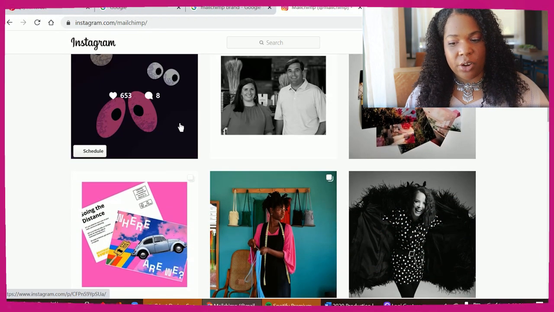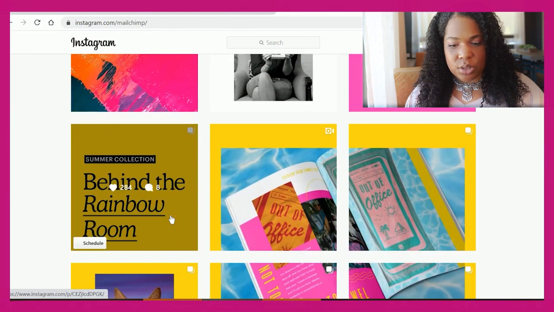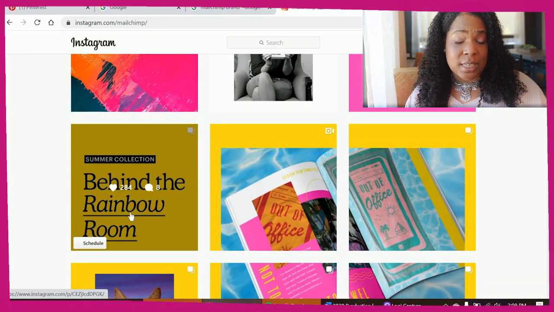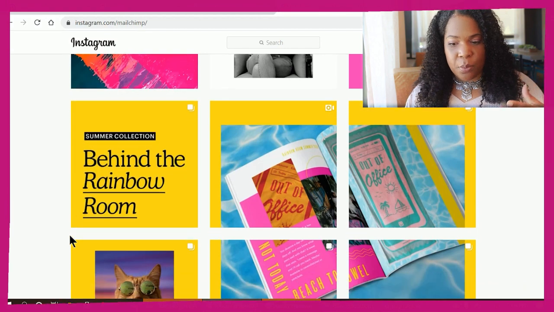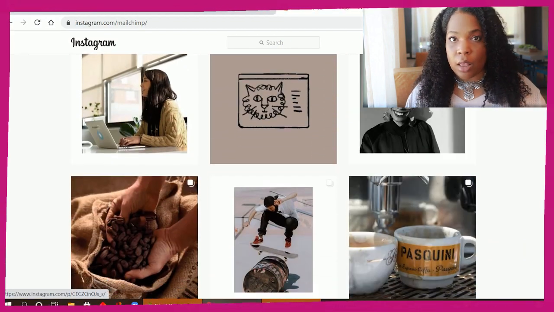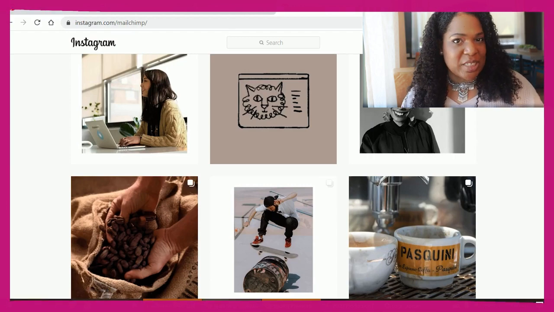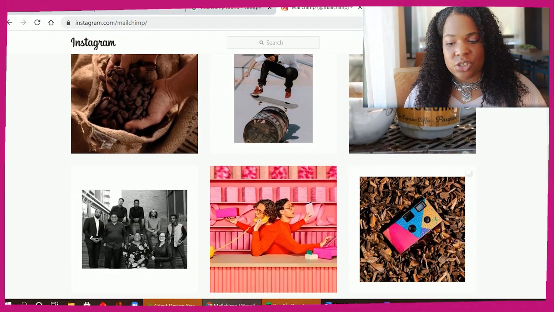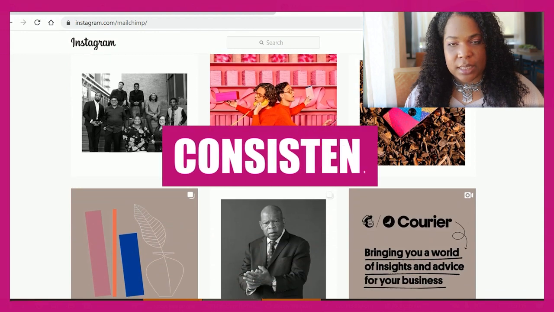They're bringing out some of their complementary colors. They're also using the same continuous fonts throughout their branding. So they're very consistent. They have a guide and they're following it. Some people have guides, but they're just not following it at all. So this is just a great example of being consistent.